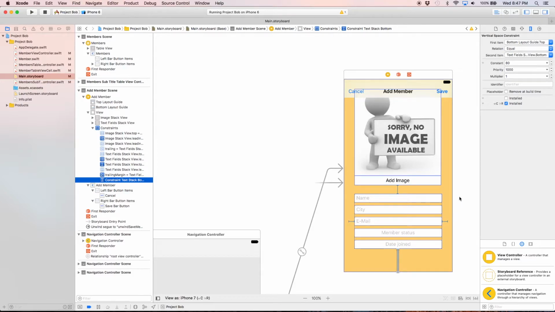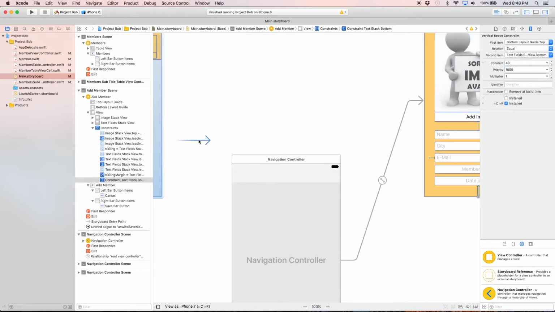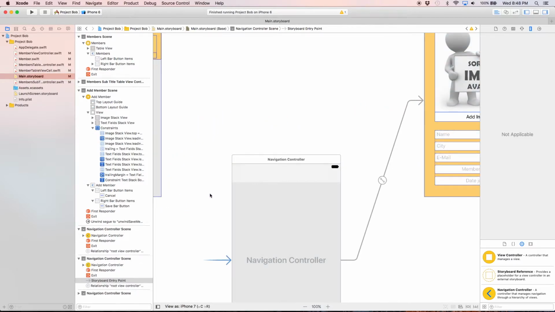Okay, so if I change that to 40, you might think, hey, we're home free, right? I wanted to have the navigation bar in there. Okay, and now if I run this,